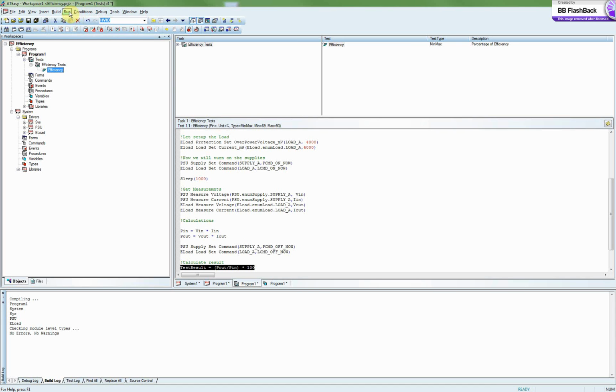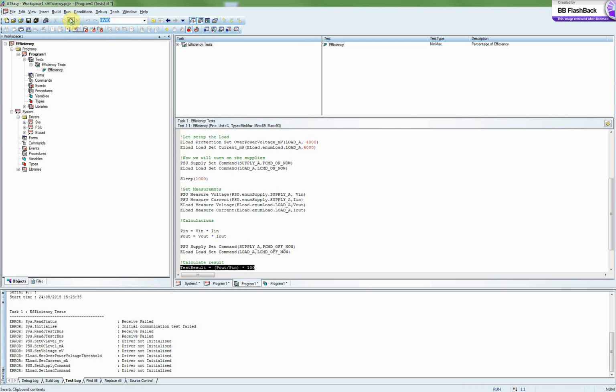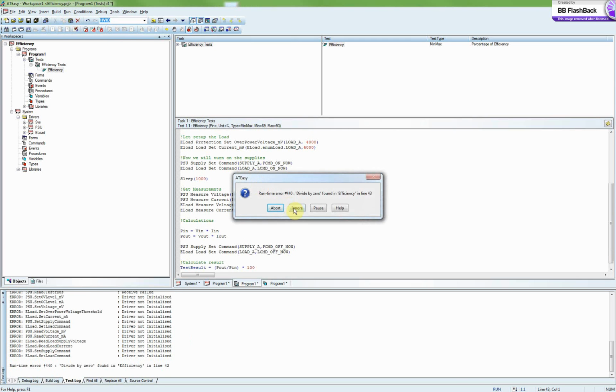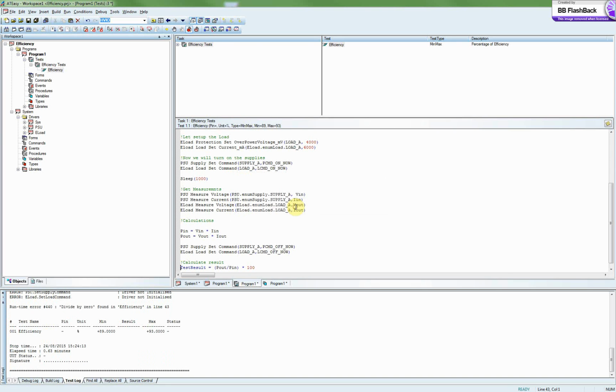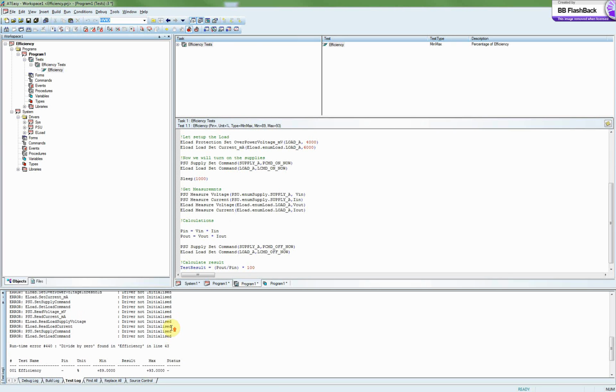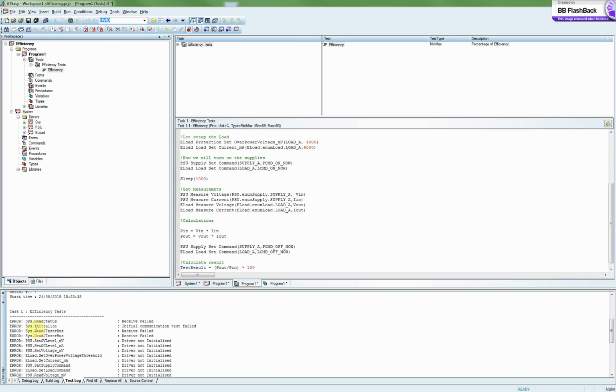So we can come down from the top here, run, start. Okay, that one's caught me by surprise, so I've got a runtime error, I'm going to ignore that. I'm just going to go up and have a look. We've got all of these errors that have come from the drivers. It's saying that we've had some communication failure, and I've just realized I've not even set up the actual communications